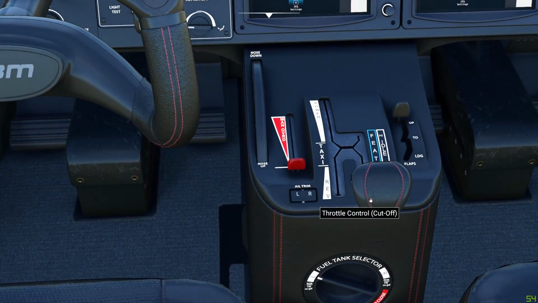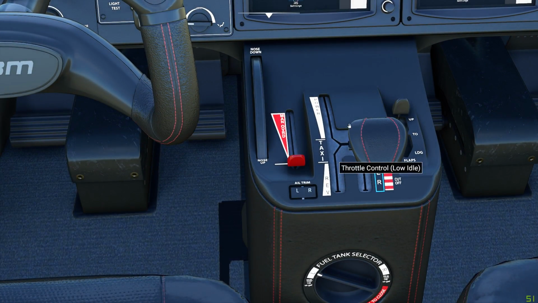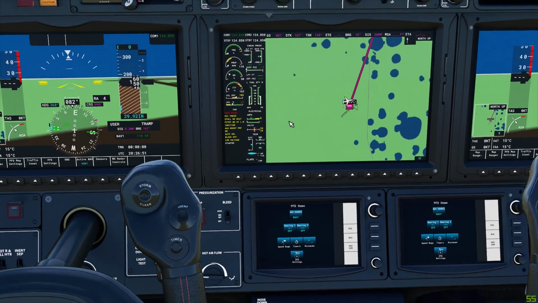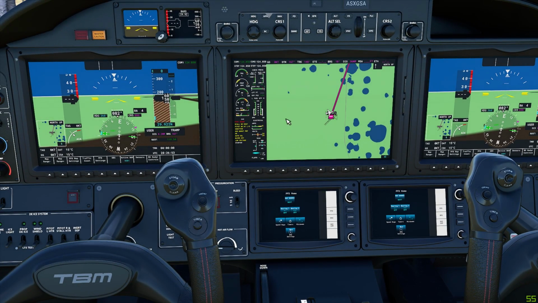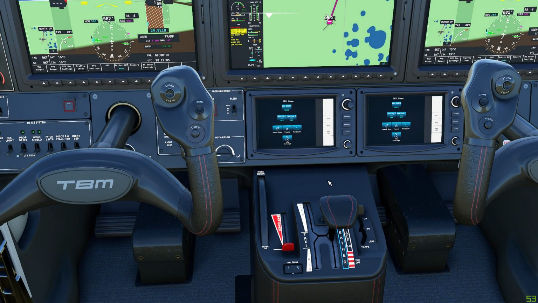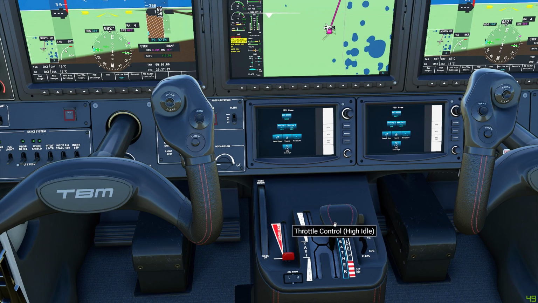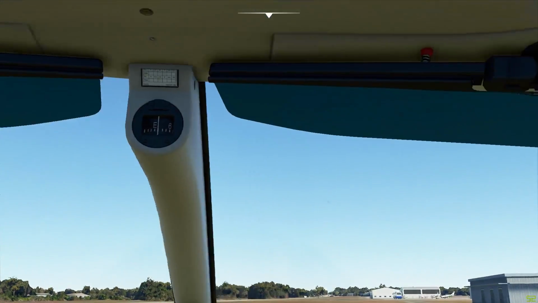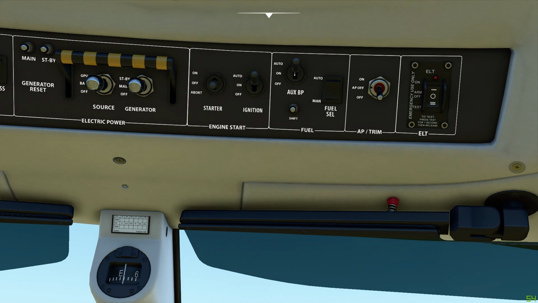At around 13, we'll introduce low idle. We're already past 13, but that's fine. And at around 53, or when it gets in the green, which should be around 51, we'll introduce high idle. There we go, high idle. To avoid having a hot start, I'm going to go up and over the gate to flight idle, and that is a good start. We'll turn our boost pump to auto, fuel selector auto,